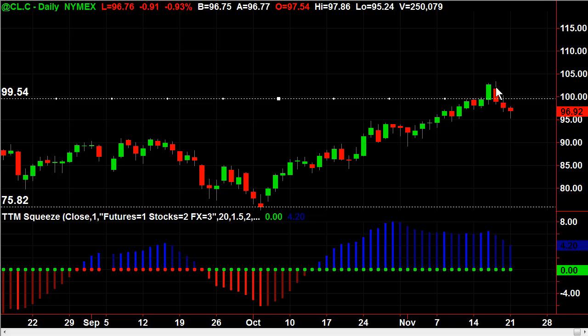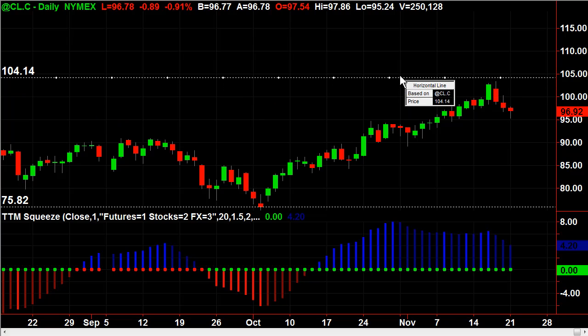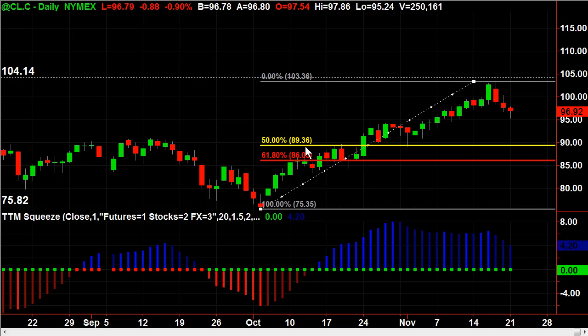All right, so it's going to continue to the downside. Where's it going to go, and what can the stop be? Well, what you want to do is you want to use a stop of 2 times an ATR, or an average true range, or you use a 2% stop and a 5% target. Now, if you don't want to do any of that, I'm going to make it a lot easier for you. All you're going to do is you're going to use a stop slightly above this most recent high, and you're going to use a target from this low swing to that high swing, and you're going to look for a target of 89.36, so just call it $90, all the way down to 86.05. So from 85 to 90 is your target, with your short stop around 104, and that is this week's trade